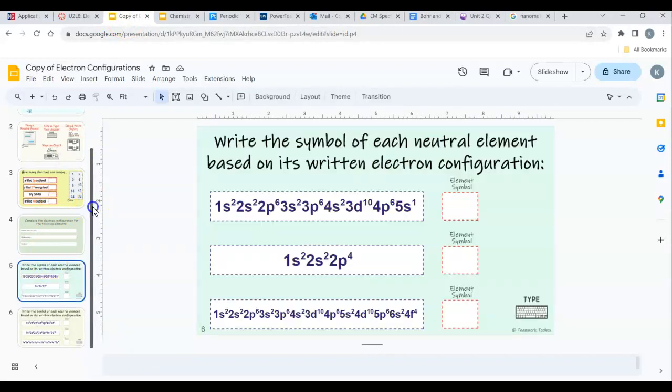And then for these, you have to write the symbol of each neutral element based on its written electron configuration. The easiest way to do this, a little bit of a hint, is that remember the superscripts have to add up to the atomic number, right? Because the superscripts are telling us the electrons that are in this configuration. So you could do this one of two ways. You could add up the superscripts, so 2 plus 2 plus 6 plus 2 plus 6 plus 2 plus 10 plus 6 plus 1, and then you could find